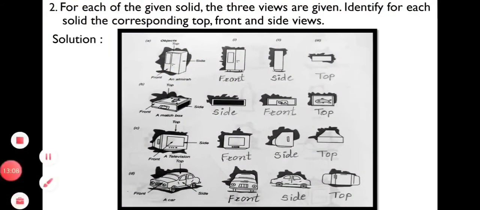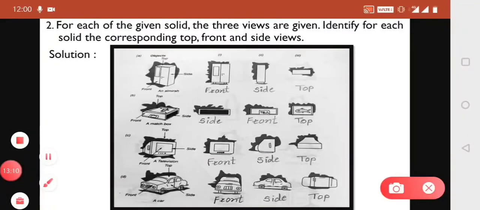Next, there is again a matchbox. You can see that the lighting part, which I already explained, is the side view, so we write it as side. Then next, you can reopen the matchbox, and that part is given as front. Here this is your front, so we have written front. And the third, any printed thing on the matchbox, is your top view. Here you can see the top view, so we write top.